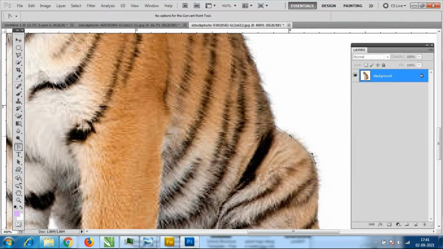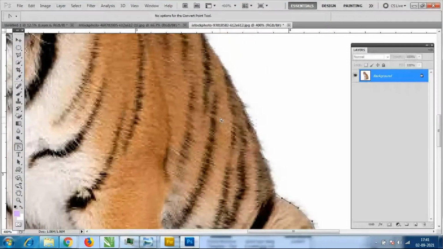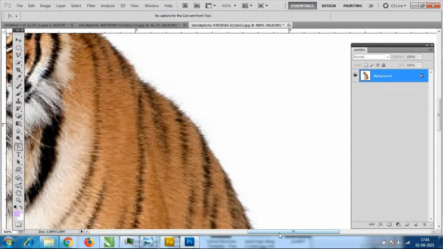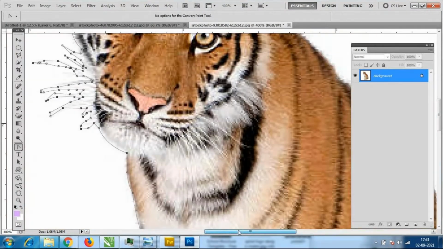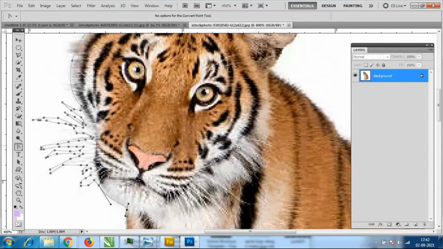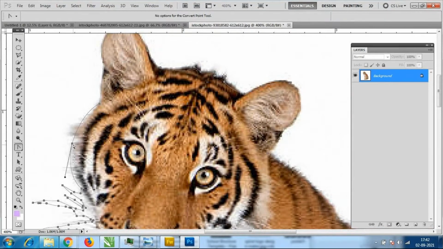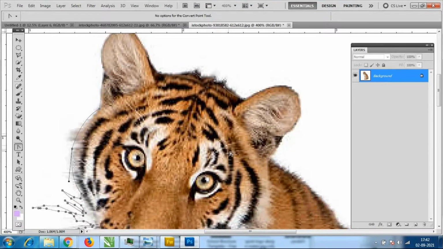Wherever you want to add points, you can add it. Any modifications, you can do here.